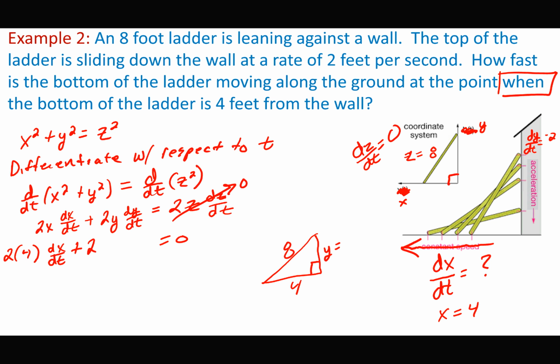Okay, and so that would be our Pythagorean theorem, but in this case, it would be 8 squared minus 4 squared. So 64 minus 16, which is 48. But we're going to take the square root of that. What's the square root of 48? 4 root 3. Okay, so this becomes 4 root 3